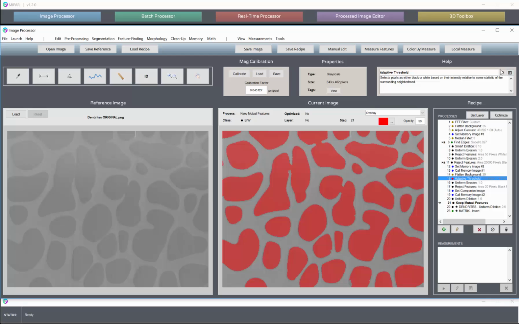And lastly, we have this critical adaptive threshold step, which selects features that are darker relative to their background. Increase threshold to select more pixels, increase window size if feature scale is coarser. And now you see we have a clear idea when we run the recipe what are the first